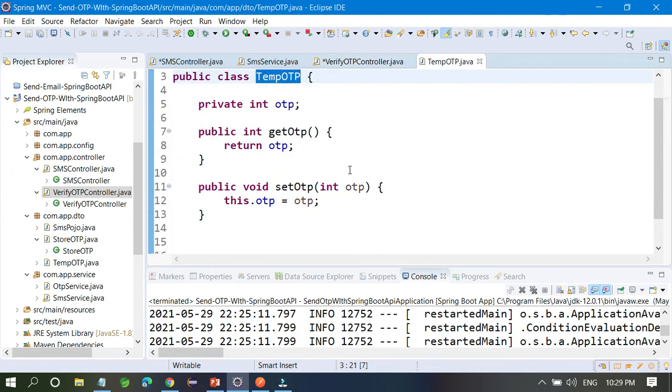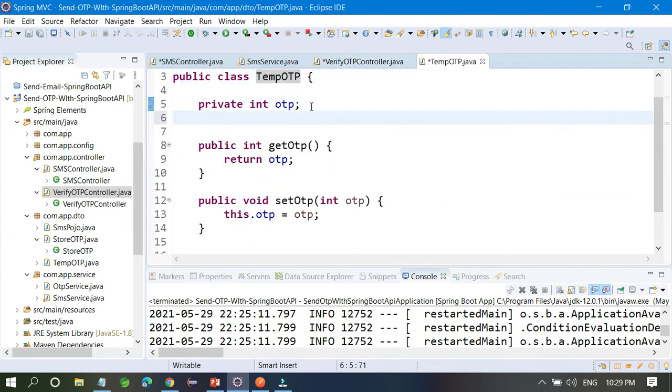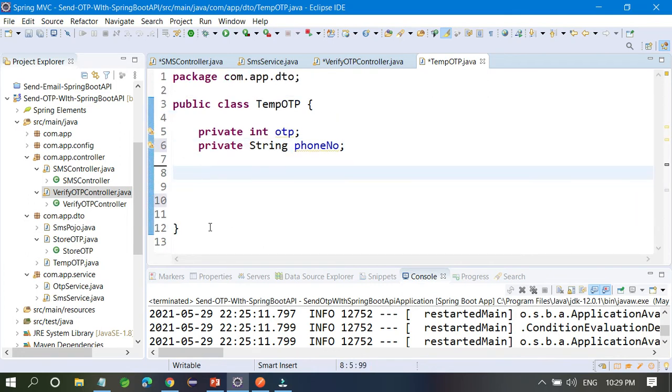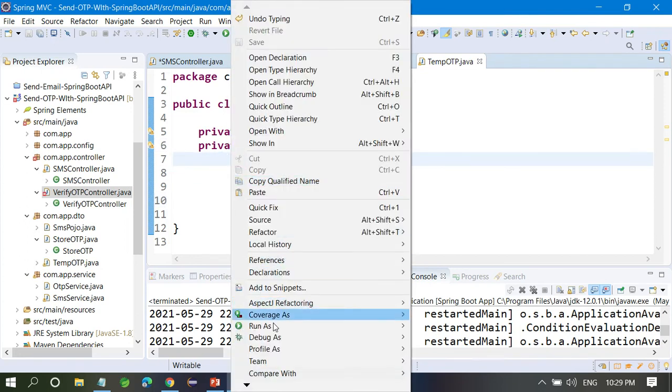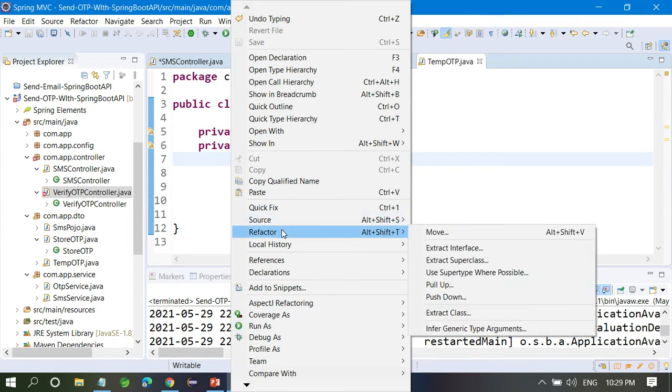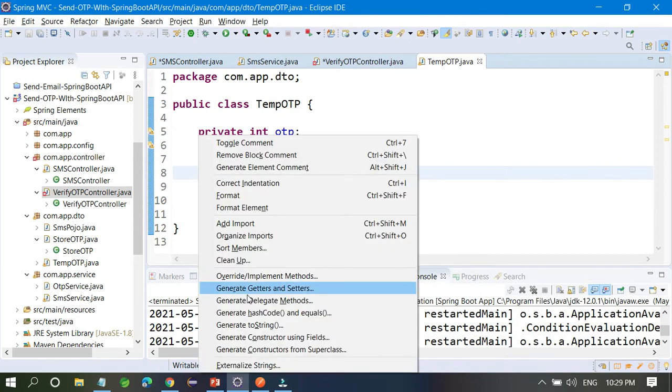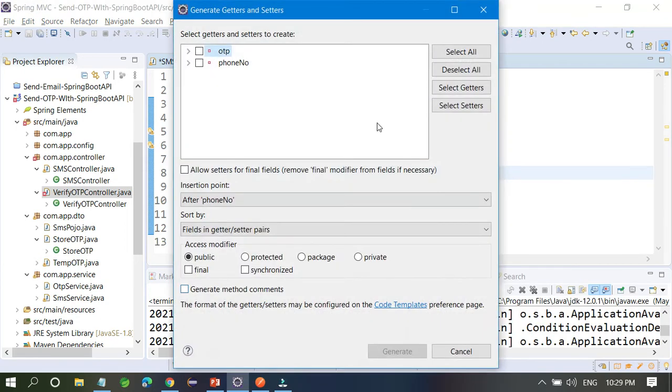Okay, and here you have to create one more variable like private String phoneNumbers. Okay, and just delete these ones and create getter and setter for it. So just Control Shift S and generate getter setter methods, select all, generate.